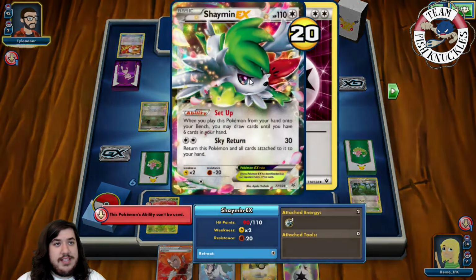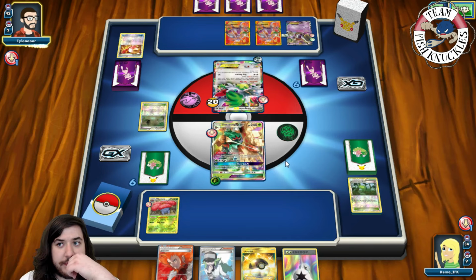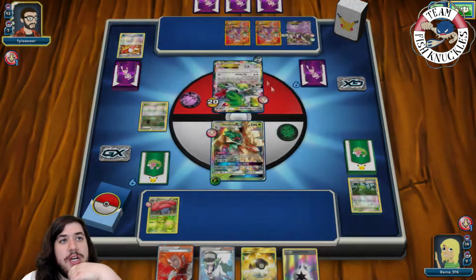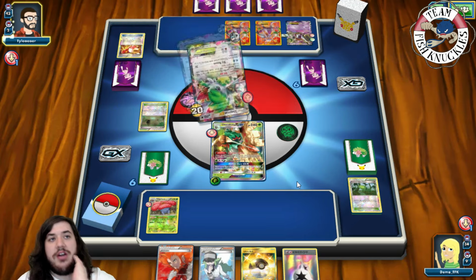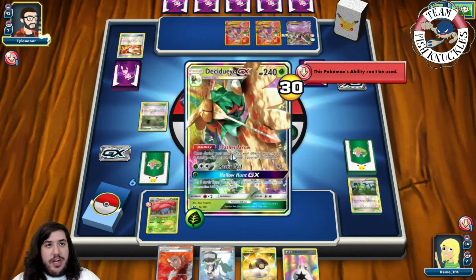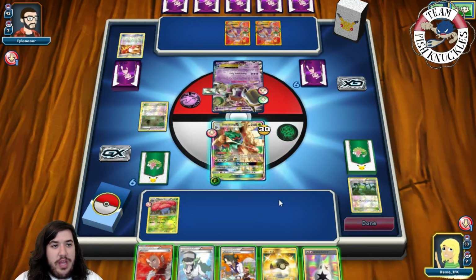Okay. DCT active, and we are going to see a Sky Return for 30. And who does he promote here? Does he promote the Hoopa? I think you do. You think you have to promote the Hoopa. If you don't, you can get knocked out. So Sky Return for 30, going to put a Shaymin DCE back in their hand. Seeing Hoopa come up and onto our turn, we will...